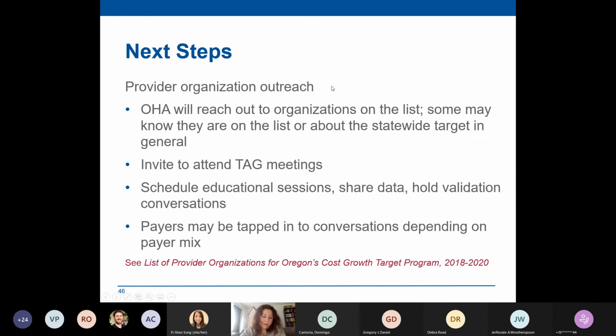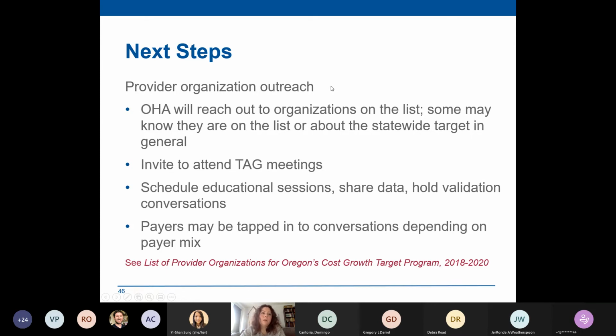We know from other states that are a little ahead of us in rolling out their cost growth target programs that sometimes, depending on the payer mix and how much of the provider data was coming from a given payer, we might need to pull payers into those conversations, especially in cases where payers and providers may already be sharing data about total cost of care, and those data might look different than what we have out of the cost growth target data submissions, given the attribution and how the dollars are rolled up.